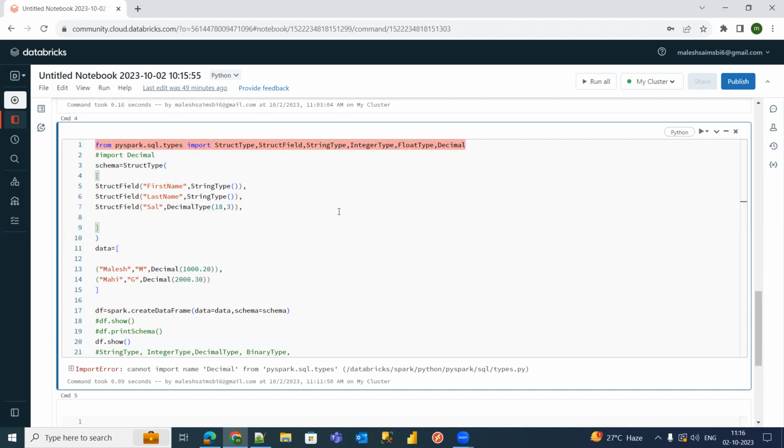Okay. So, importing decimal type. So here